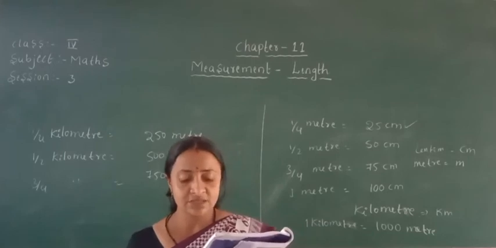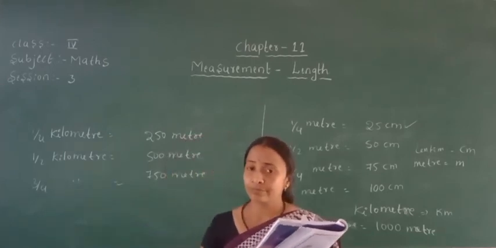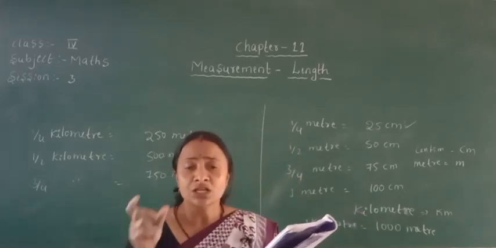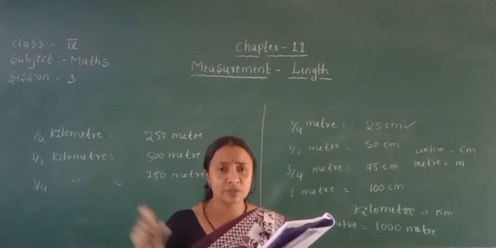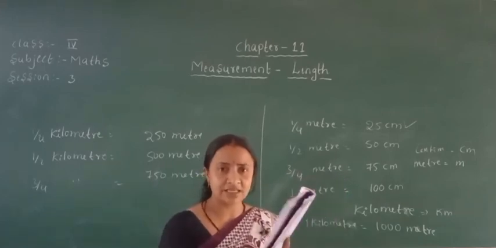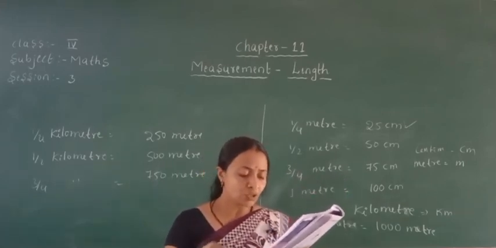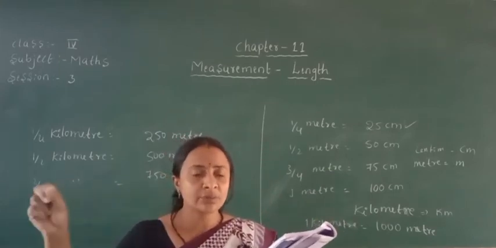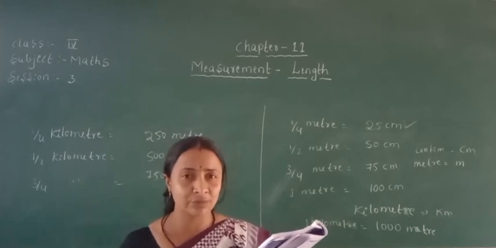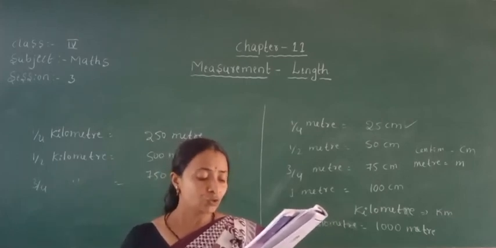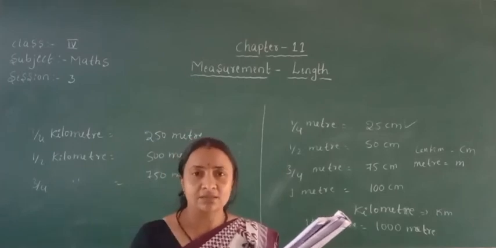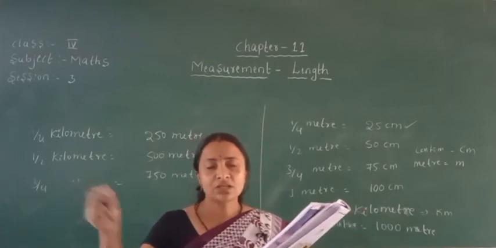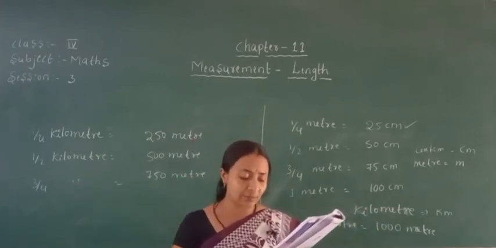Exercise 11.1: fill in the blanks with the estimated distance from your house to each place. From your house to the post office, how many kilometers is it? Next, to the government hospital, how much distance is there, how many kilometers? The next one, to Bangalore: from Gadag to Bangalore, how many kilometers is it? All of these can be filled in here.